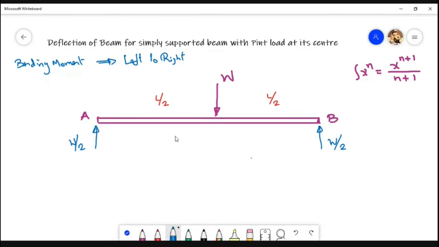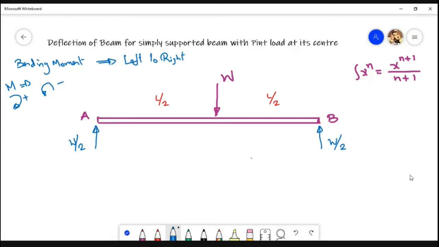Okay. When I take from left to right, your moment. Because we are not going to concentrate on shear force, your moment. So clockwise moment is positive, anti-clockwise is negative. When I take from left to right, clockwise is positive and anti-clockwise is negative. So we're going to go for that approach.